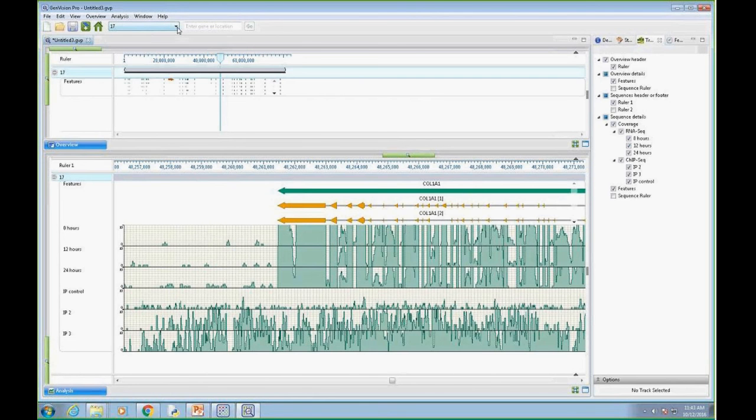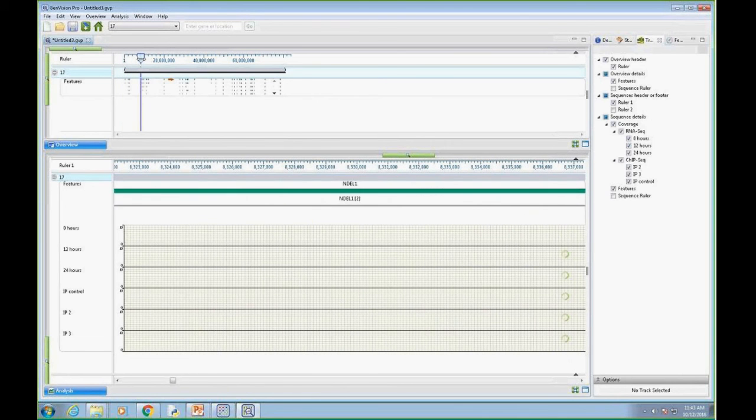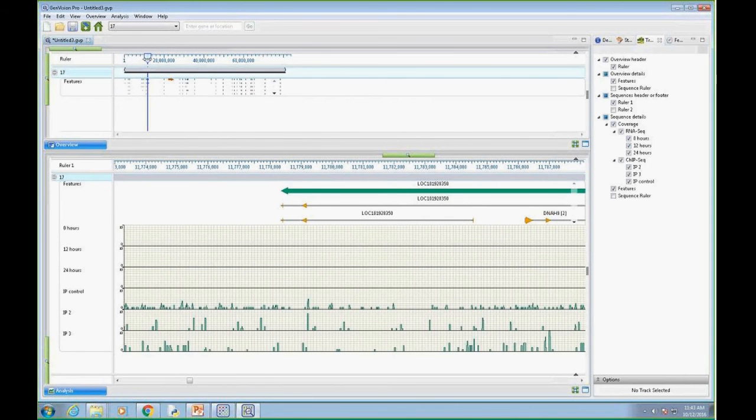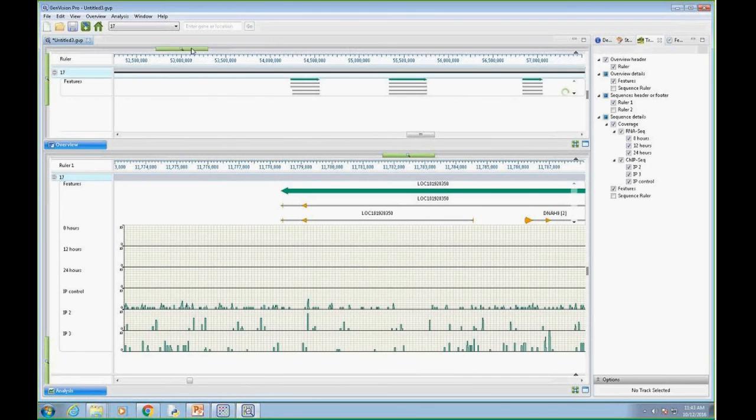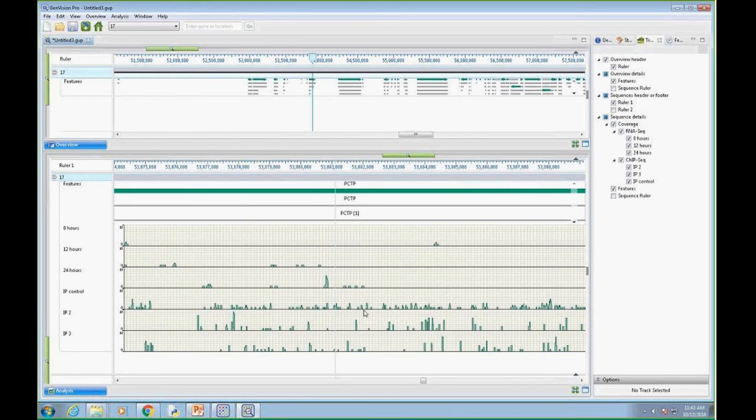If I go up here at the top, there's a pull down for all the different chromosomes, so I can load in different chromosomes. And I can browse like a regular browser too. So it has this full kind of capability where I can zoom in, and look at different areas. And you can see as I move this slider around, I get the visualization and we have the chromosome view at the top, and at the bottom we've got our features,